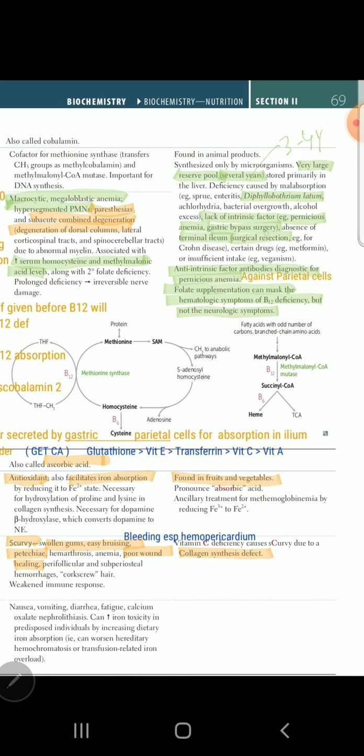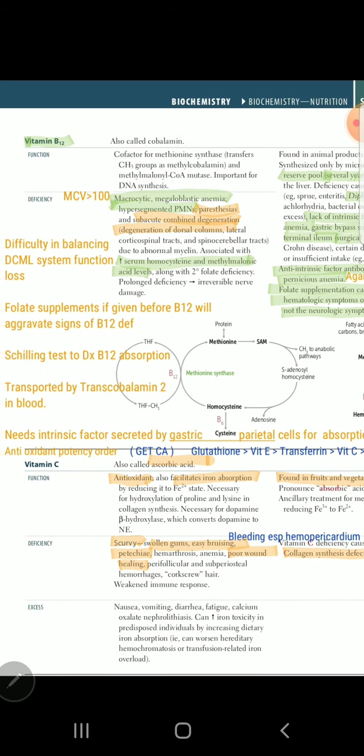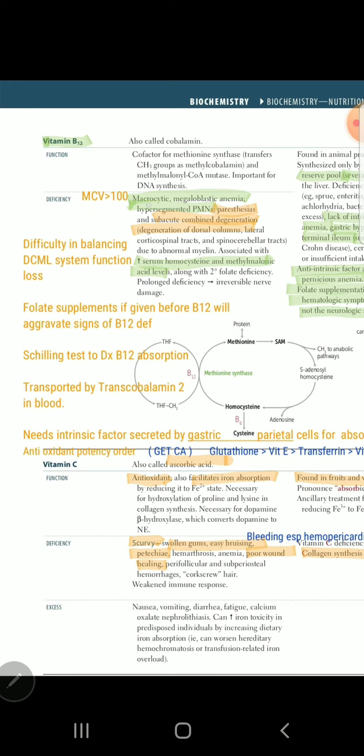Then gastric bypass surgeries: in gastric bypass, gastric release of intrinsic factor won't be there, so it also leads to the same picture as pernicious anemia. Then the terminal ileum is the absorption surface, so intrinsic factor and B12 are absorbed in the terminal ileum. Surgical resection of the terminal ileum will also lead to B12 deficiency. So a case scenario can be asked with autoantibodies given, or gastric surgery, or terminal ileal resection given. Then again MCV more than 100,